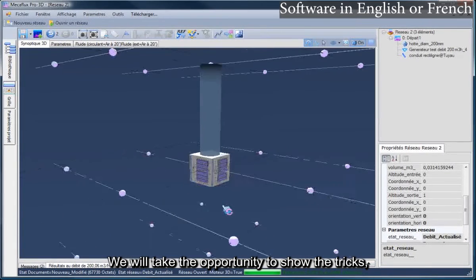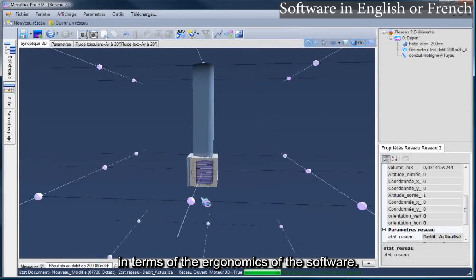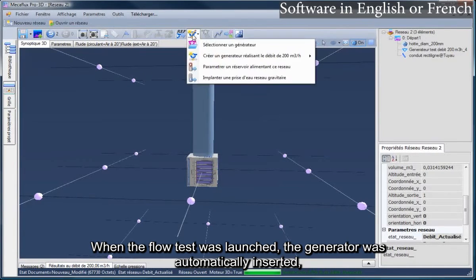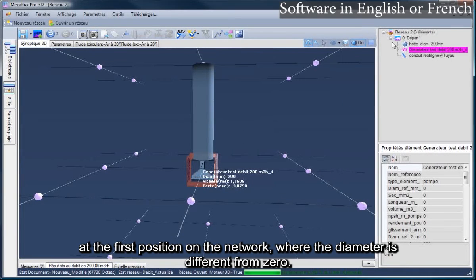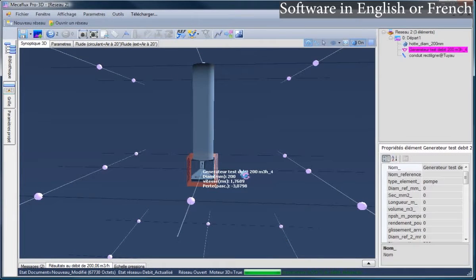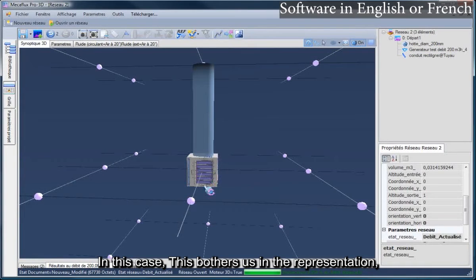We will take the opportunity to show the tricks in terms of the ergonomics of the software. When the flow test was launched, the generator was automatically inserted at the first position on the network, where the diameter is different from 0. In this case, this bothers us in the representation, because our generator hides our hood.